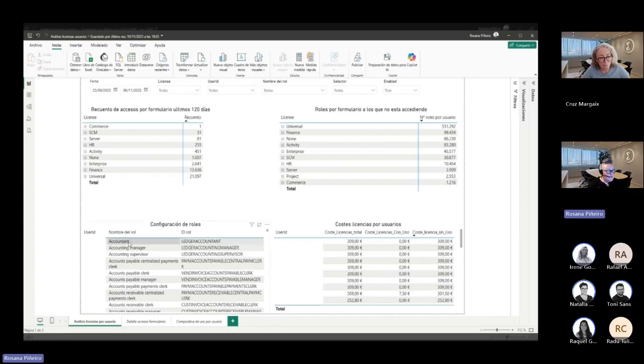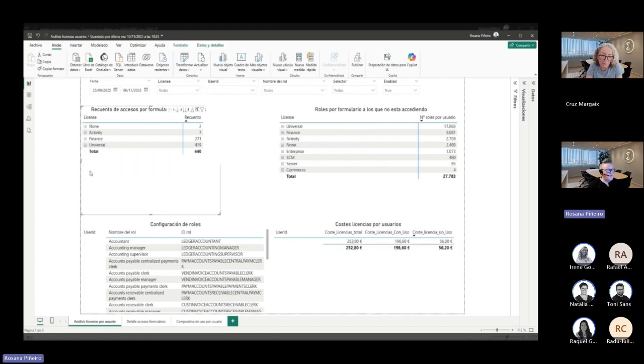In this section here, we can see the configuration of roles. At the moment, there's no filters applied, so this is all the organization's roles that are assigned. And also in the last section here are the costs per user. This gives us an overall view of the costs being generated by user. So this can be very helpful. So first of all, we're going to do a filter per user ID. So we're just going to filter by user.